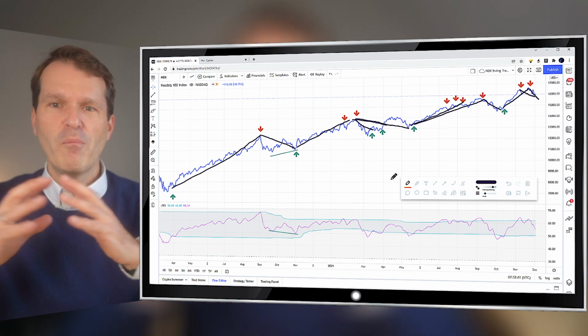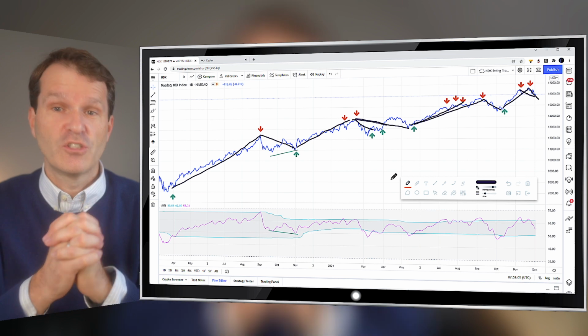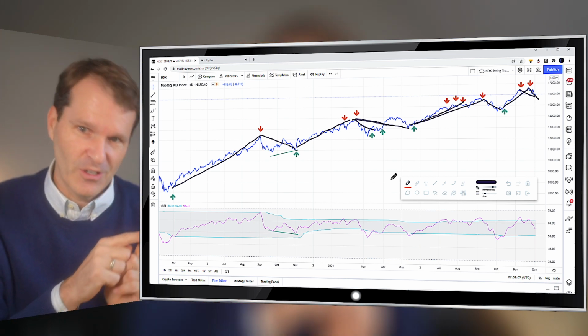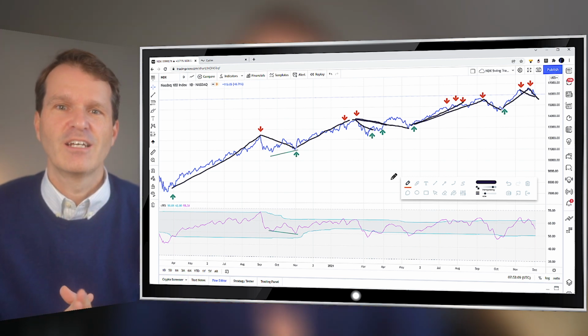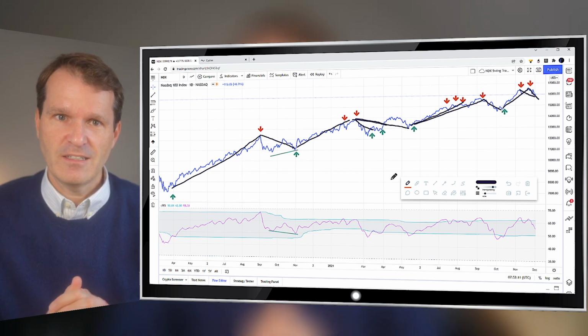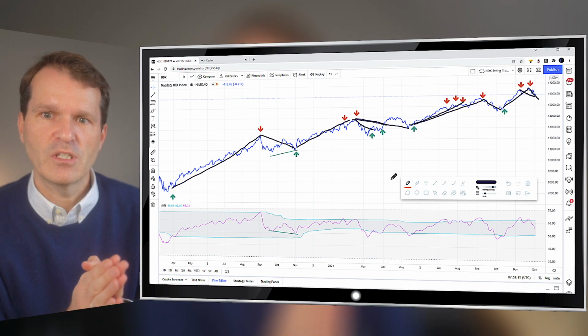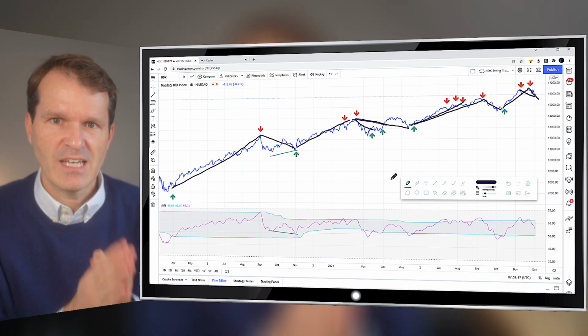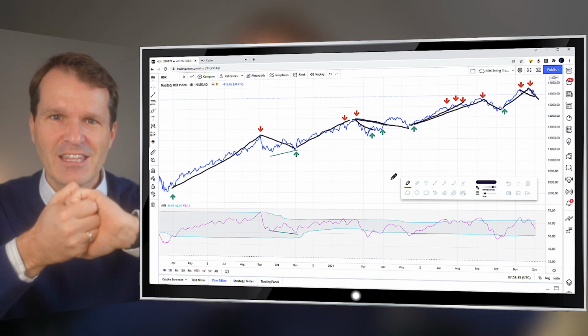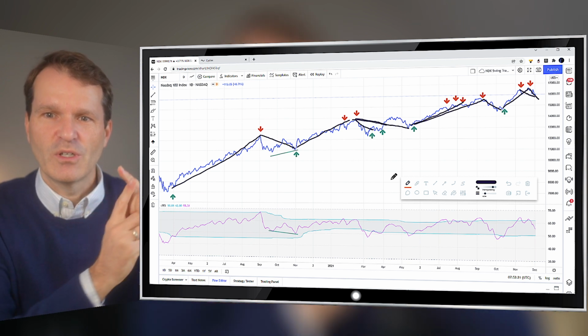But if you combine two techniques, so trade price, not cycles, but use your technical analysis skills and improve your technical analysis with the input of the length of the dominant cycle, combining these two techniques,